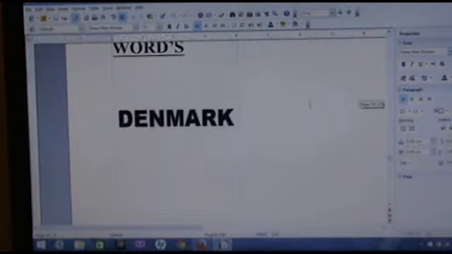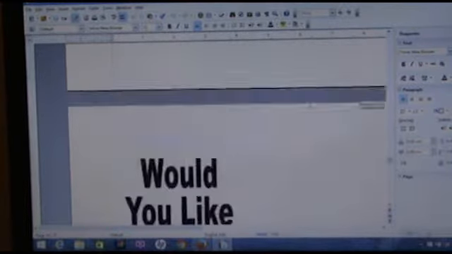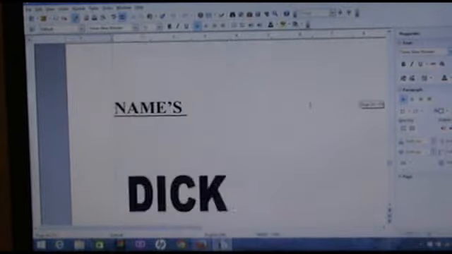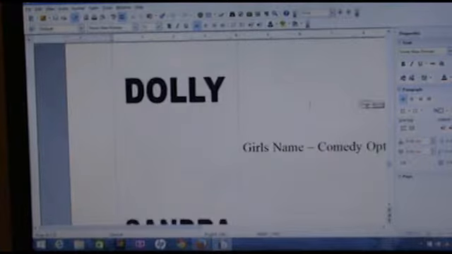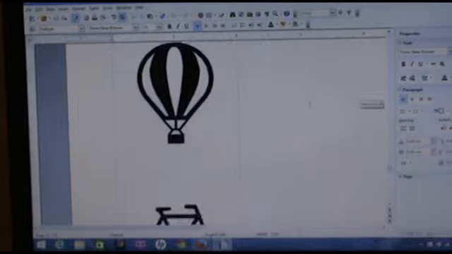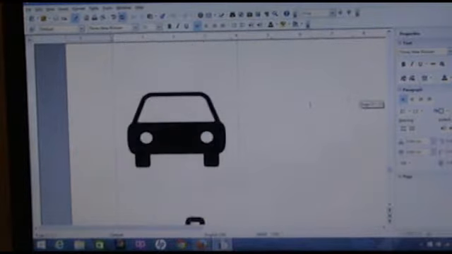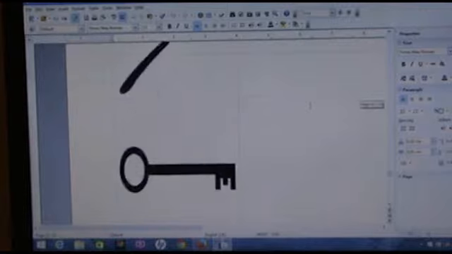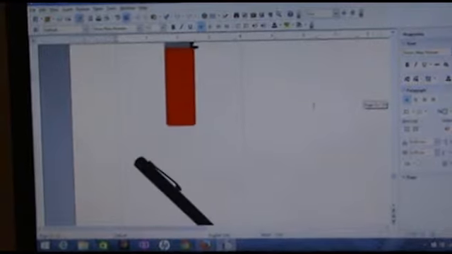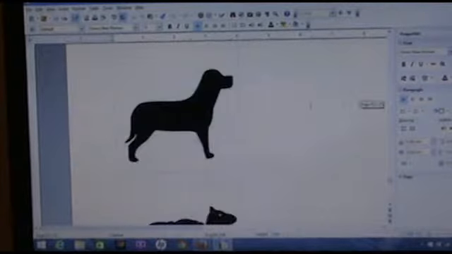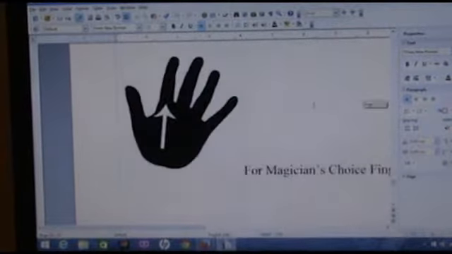Then there's words, Denmark, think grey elephant in Denmark for example. Would you like a beer? Would you like a drink? Names, Dick, Dolly, Sandra. Objects and transport, a hot air balloon, bicycle, car, a house, a tree, a fork, a key, a lighter, a pen, a finger ring, animals, dog, sheep, body parts, a hand with an